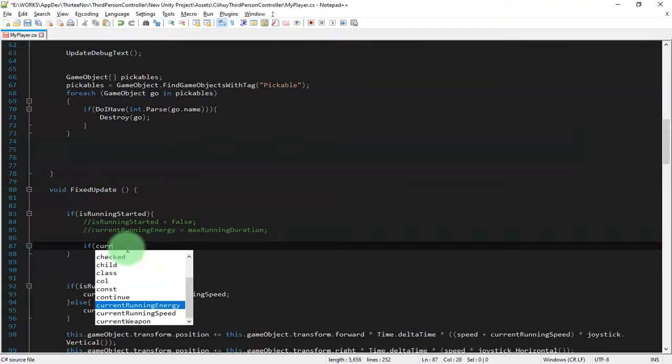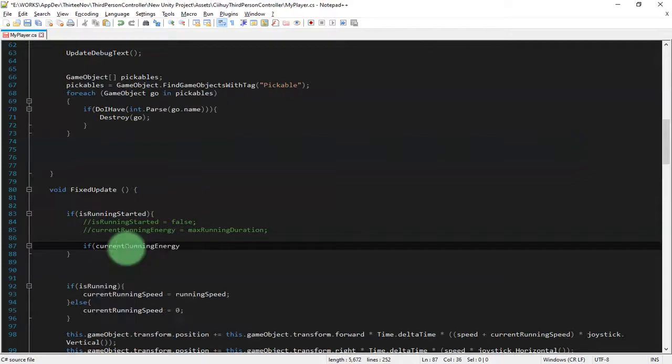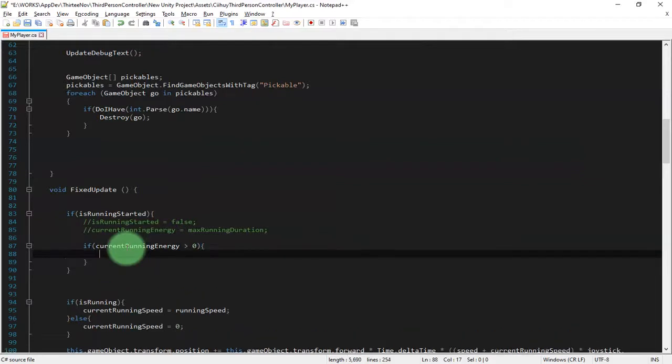If current running energy is more than 0, okay, I think it is the correct way, then we should reduce the current running energy by Time.deltaTime.